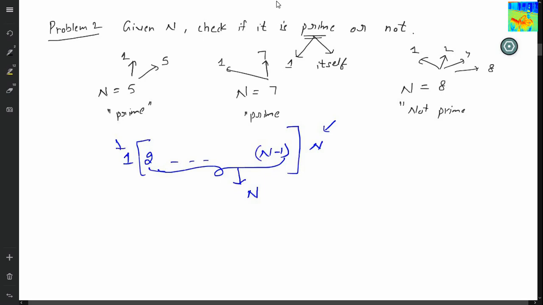I am repeating myself. My logic is that I have to find just one number from 2 to n minus 1. If I find just one single number that divides n, then the number is not prime. Otherwise, the number is prime.